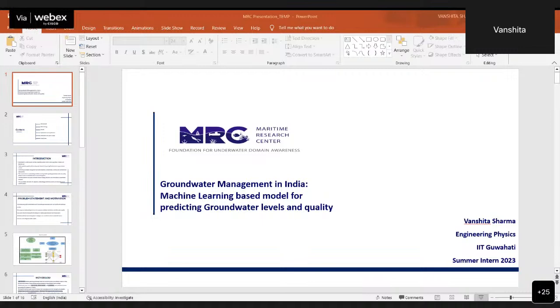First up, introduction. So as we all know that groundwater is a vital resource for India. It supports various sectors such as agriculture, industry, and is also used for domestic purposes. But rapid growth of population and increasing water demands have put significant pressure on groundwater management. So we need proper groundwater management techniques to stop the depletion, contamination, and long-term consequences on groundwater. Moving forward,